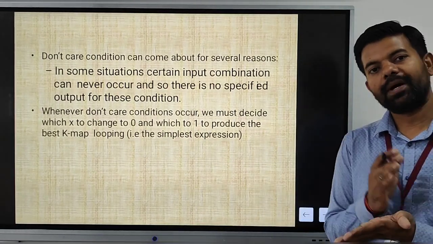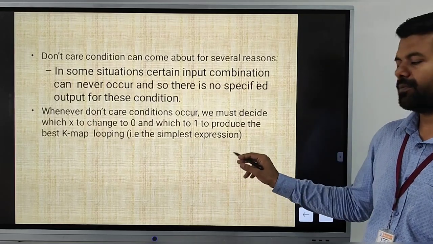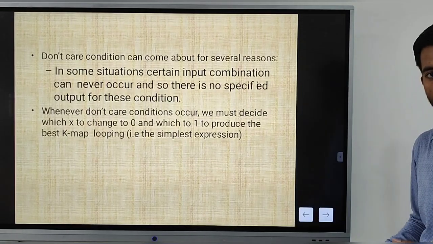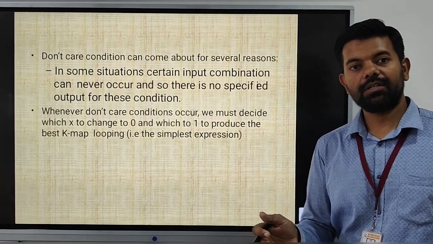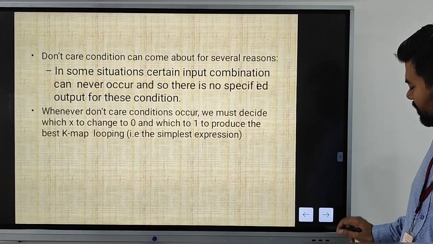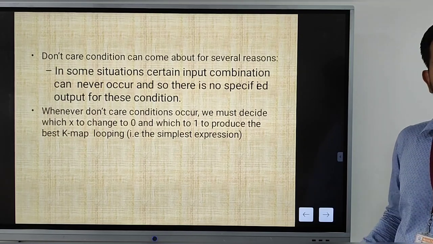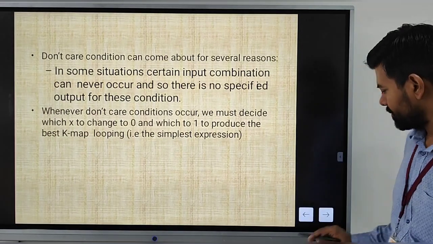Best K-map looping means the simplest expression. We are required to simplify the Boolean expression of the circuit, so we use the K-map, and whenever a don't care condition appears, we can change x according to our requirement.